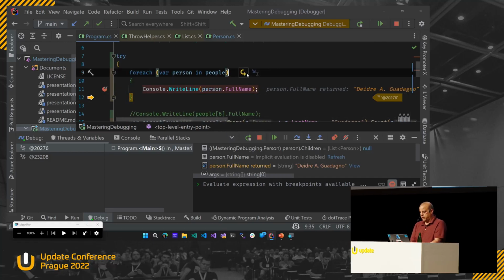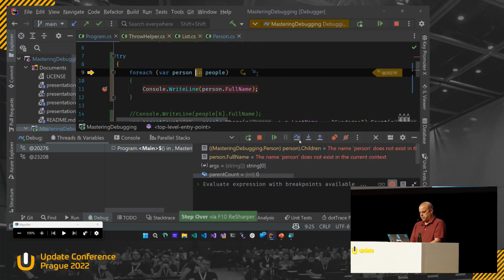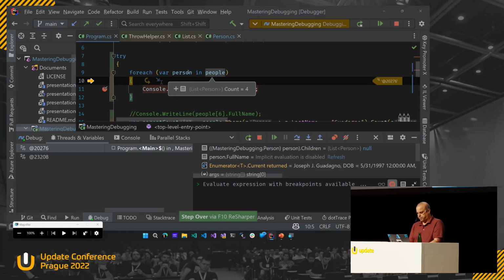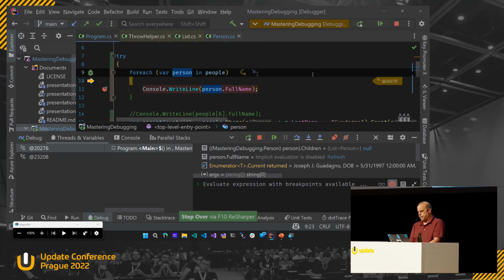I want to go up here and see it. Step over. Step over. Now it's not showing, and I believe that is a mistake, because it's supposed to show the full thing,